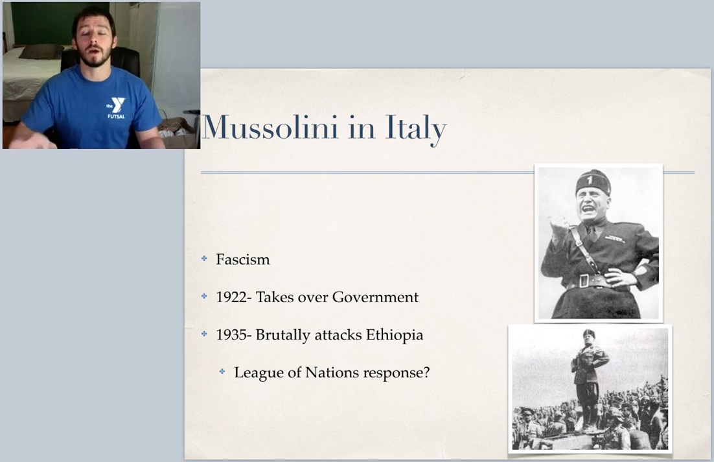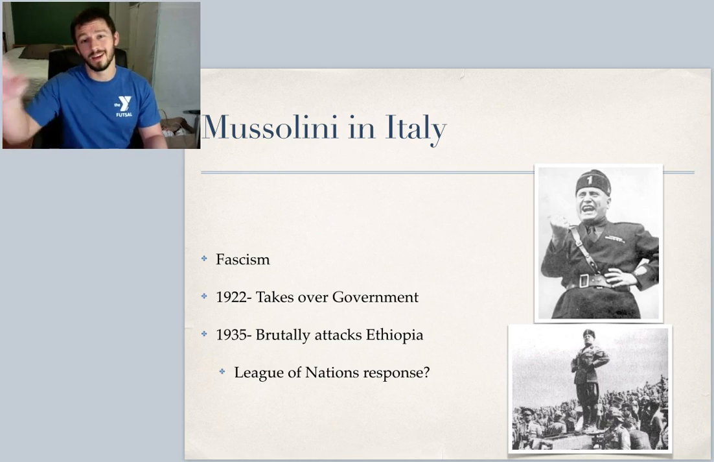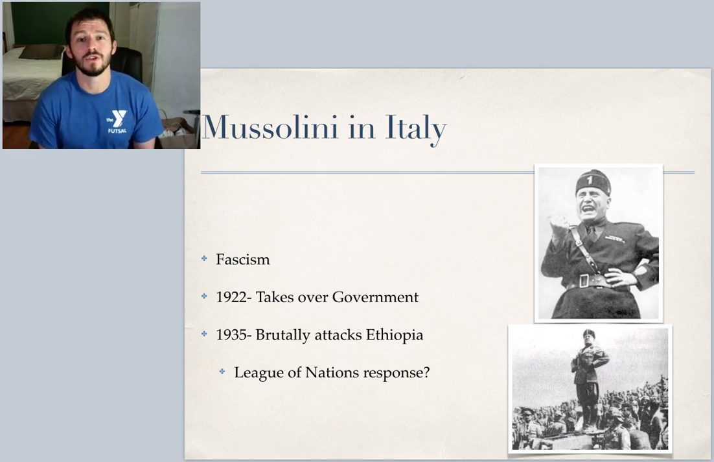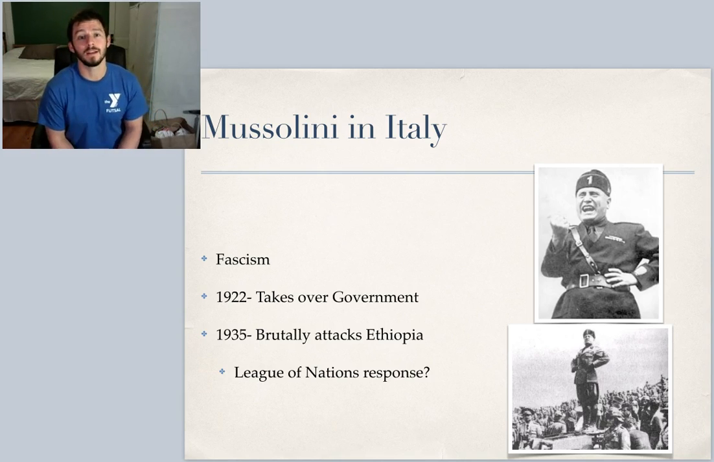Ethiopia is a gateway into the Middle East. If he can go in and take over Ethiopia, he can expand from there north into the Middle East area. He will attack Ethiopia. Ethiopia is not prepared to deal with this new army, this new military that Mussolini has created, and in just a few weeks he has taken over the country. Kind of like Hitler,